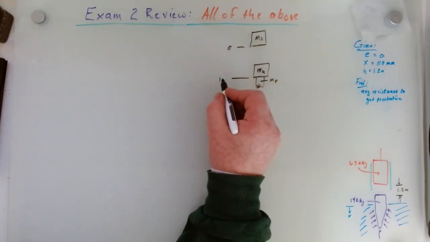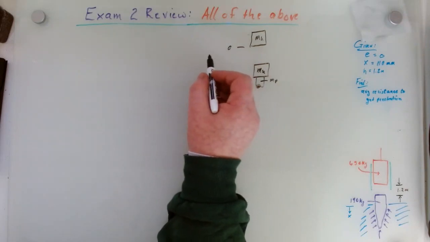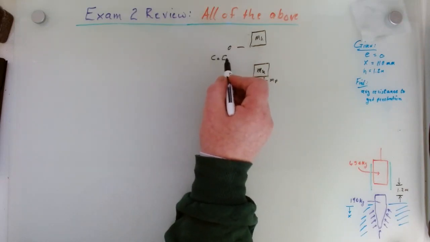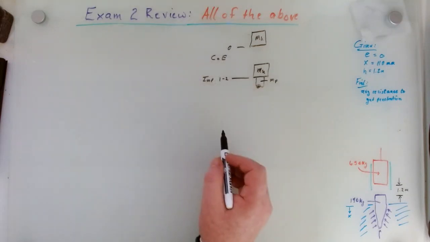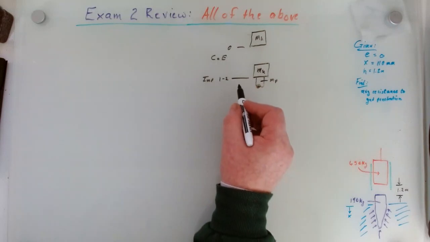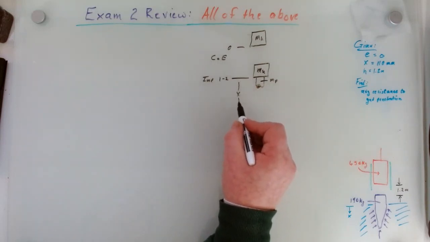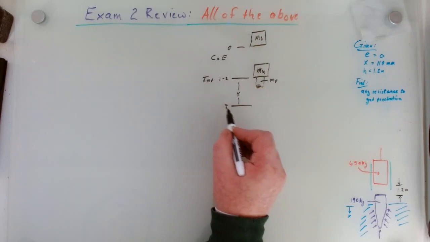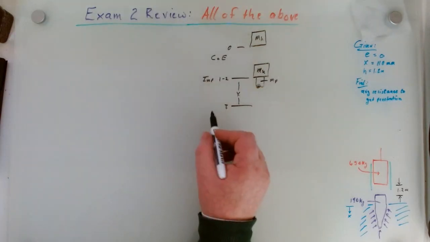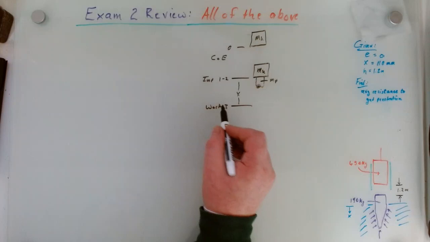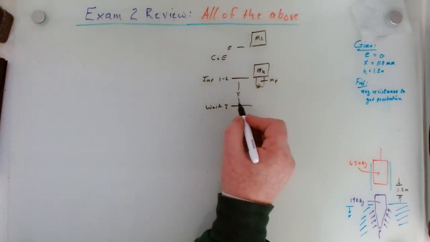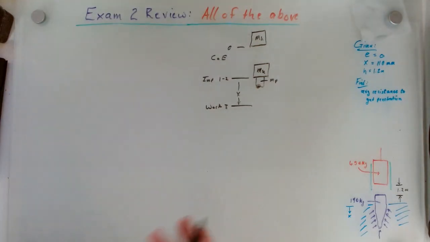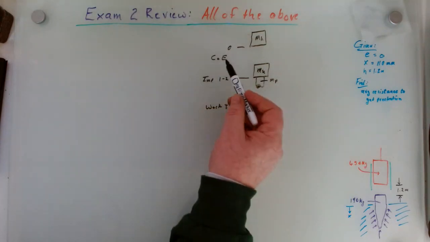So I'm just going to go 1 to 2, and I can say COE here, right? And I'll just say IMP here, right? And then we're going to go down some distance x, which is going to give us position 3. And this is work. So I know now, just by thinking about how the physical progression of the system works, I'm going to go through these equations in this